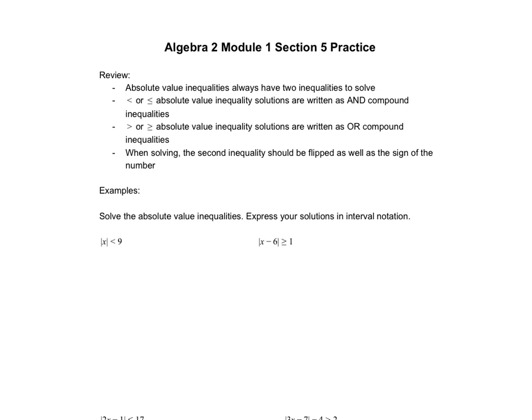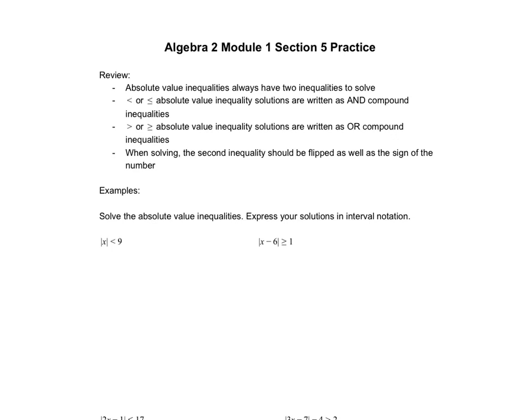In the Module 1, Section 5 practice, we're going to take a look at absolute value inequalities. Similar to an absolute value equation, an absolute value inequality always has two inequalities you need to solve. The inequality that you start off with determines what type of compound inequality you have to solve. So if your original absolute value inequality is less than or equal to, your solutions are written as an and